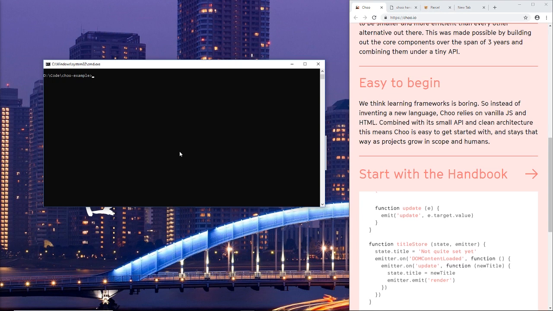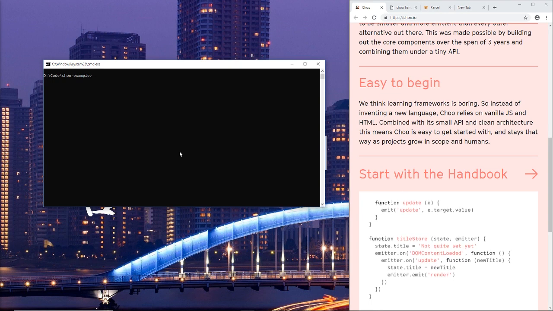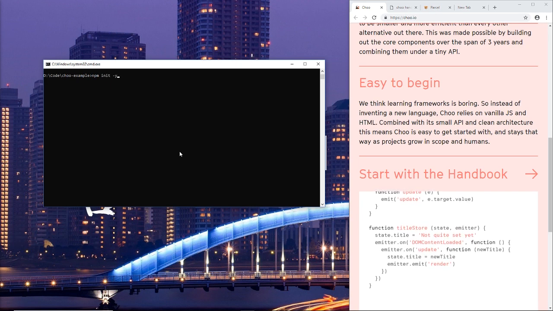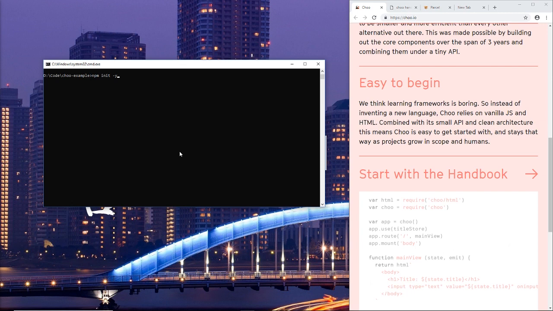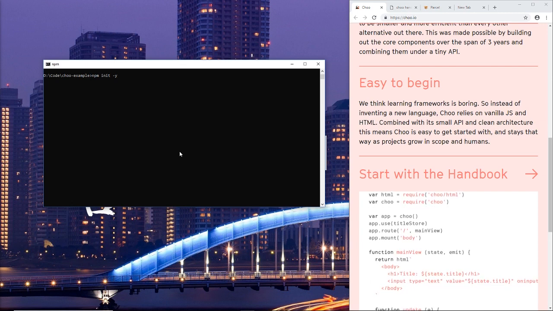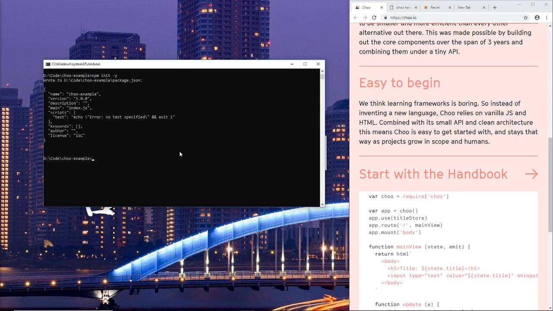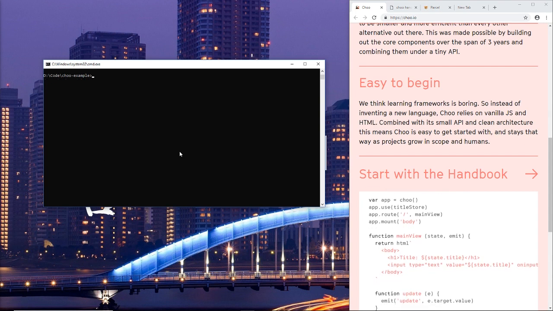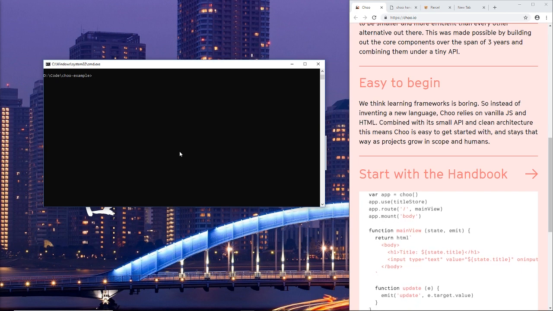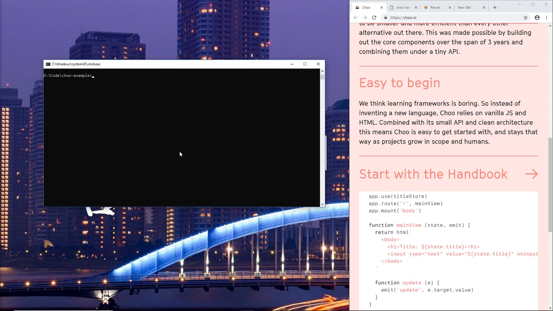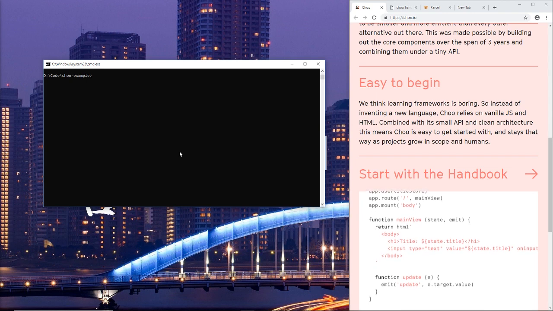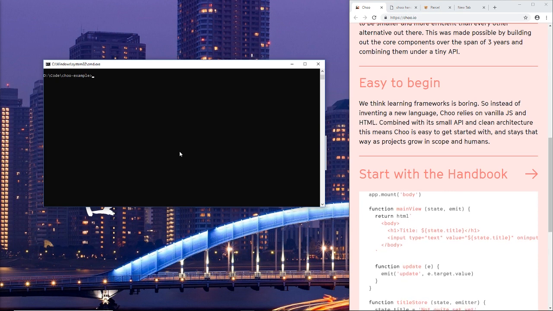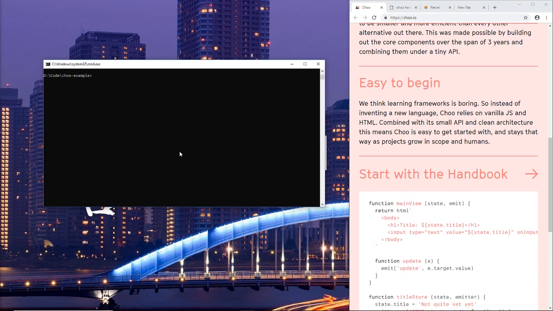directory. And because this is a Node project, we'll have to initialize npm, adding the -y flag so that I don't have to answer any questions. After the npm has been initialized, I'm going to install a few dependencies. It's only two. It's choo and a bundler. So what the bundler does is it makes your Node code readable to the browser. Let's do that, and I'll explain as we get